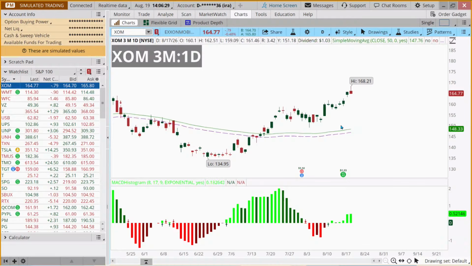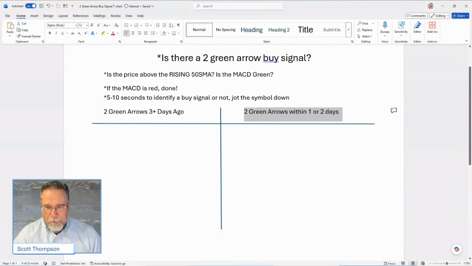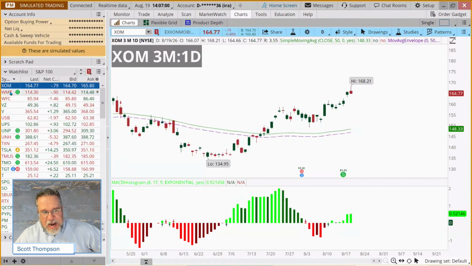All right, so this is how I would do this if I was going through this little exercise with you, which we're going to do. I would probably count on the MACD. That MACD gave a green arrow, or the buy signal, about 7 days ago. So this is how I would write this on my little notepad. I'd put XOM plus 7, because that was about 7 days ago. And then I'd go back to my chart and I would just arrow down.